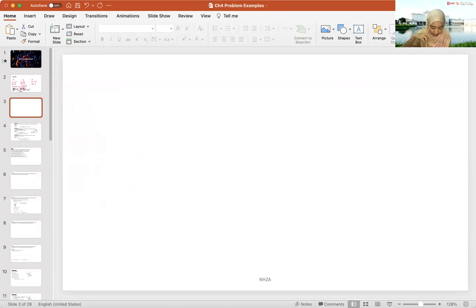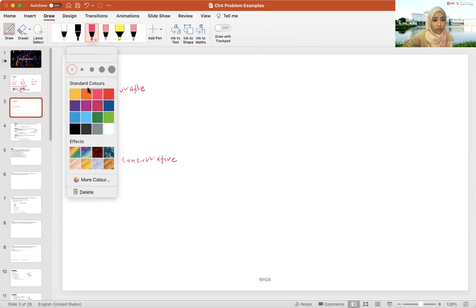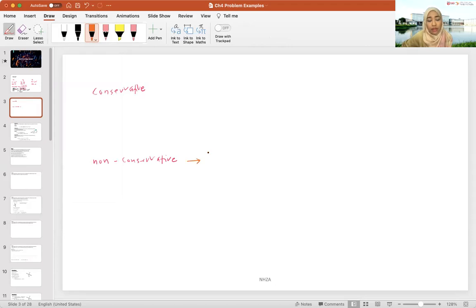Alright, so now kita cakap pasal conservative forces. So I told you we had two types of forces, conservative and also non-conservative. Okay, sorry tulisan buruk macam biasa. So non-conservative, we know that it is friction. Contoh, the types of forces that are non-conservative are friction and also air resistance. Now, the funny thing about these two is that when we lose energy by friction, I cannot recover this